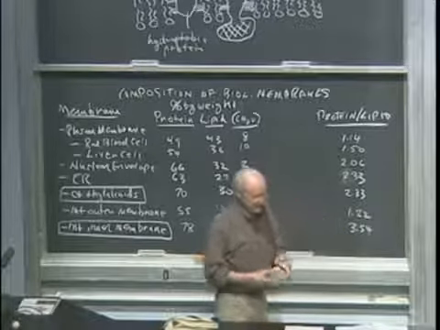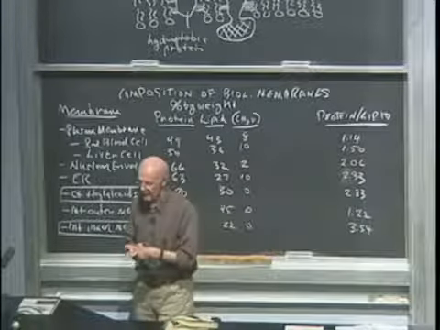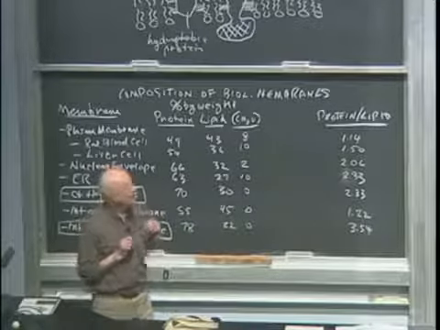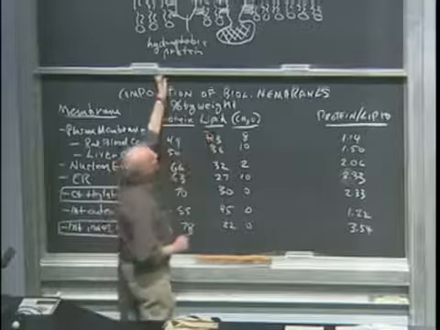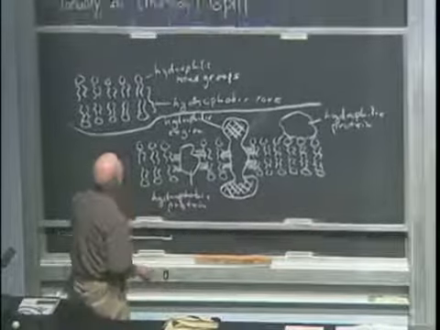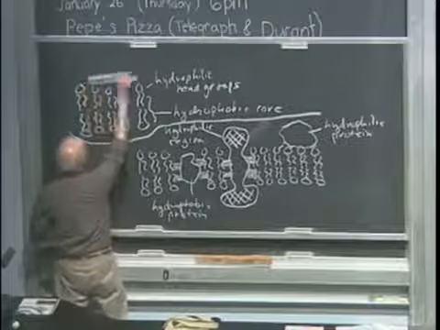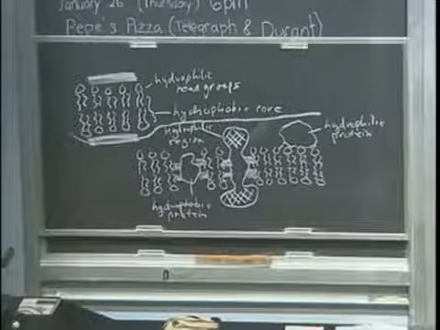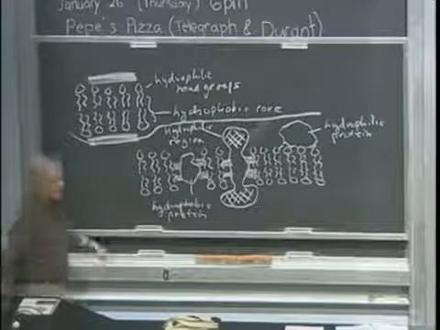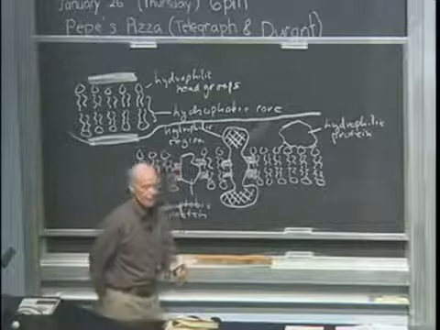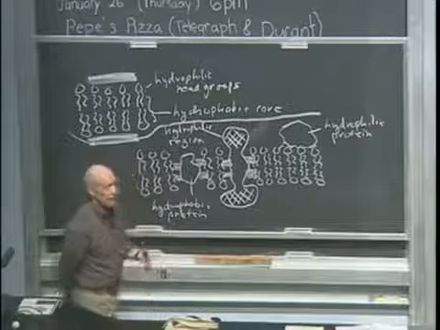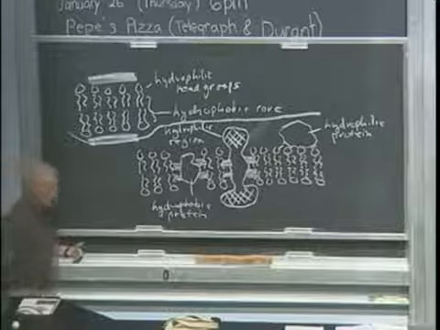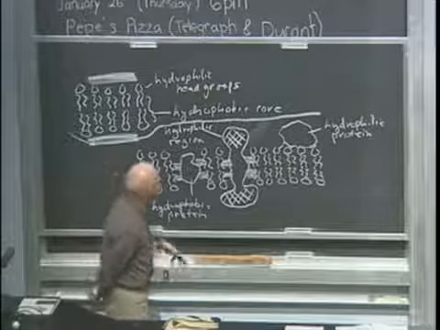When people started to look at the structure of biological membranes, there was an early model of a membrane where the proteins were smeared on the surface of the membrane, on either side of the membrane. I'll make those into proteins. And this was an accepted model for the structure of biological membranes for a number of years. But as people worked with these membranes more and more, they realized that this was not an accurate